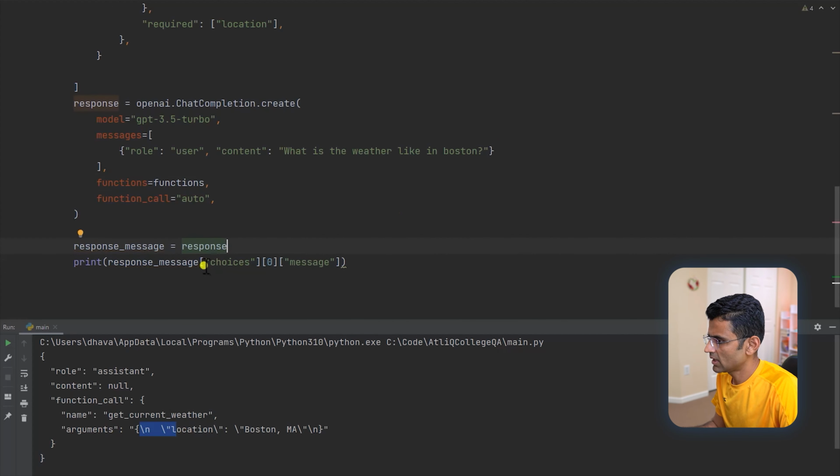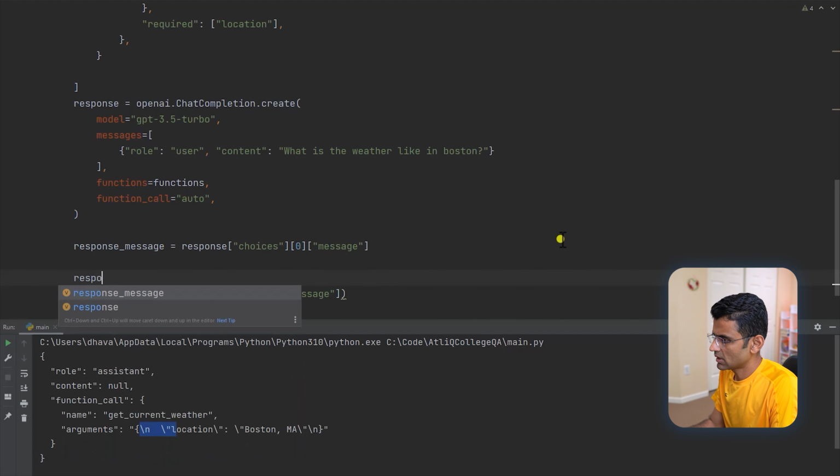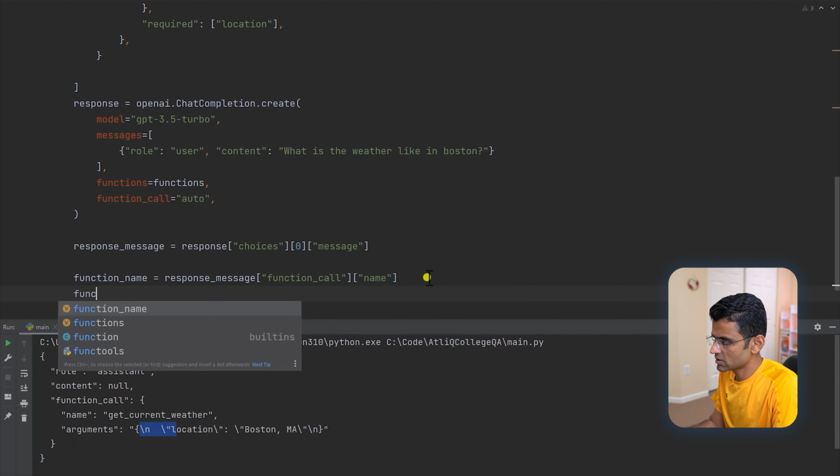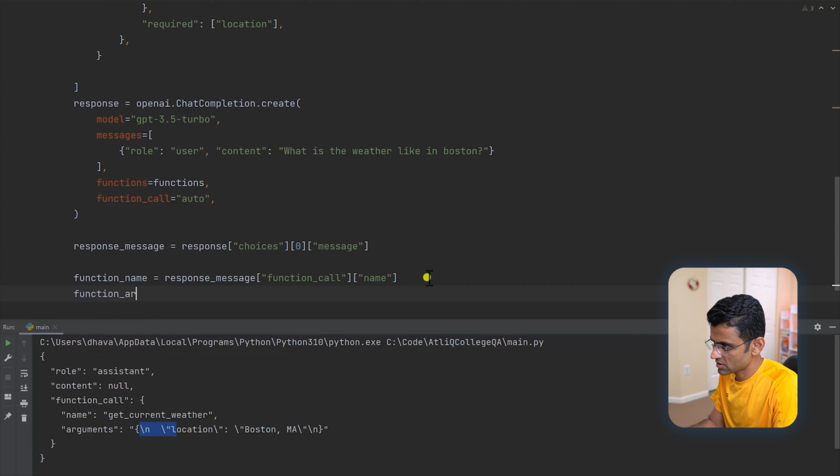Response, and in brackets this thing right here, and from the response message you want to pull function_call, and there will be a name. That will be your function name. Okay, and then function args will be the arguments parameter.